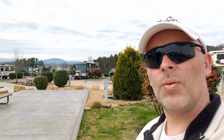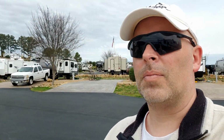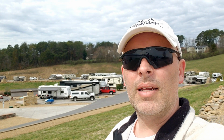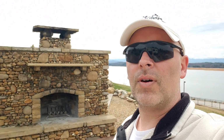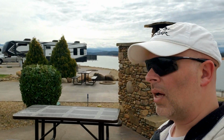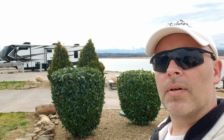Next 138 is 137. As you can see, these are plenty open. Okay, I'm videoing from site 61, and this is our site here from 61. 61 also has this fireplace, and then your buddy site, which is kind of blocked out on account of these bushes. Not a buddy site, but your neighbor, I guess, if you will,